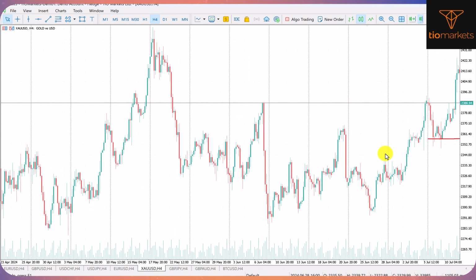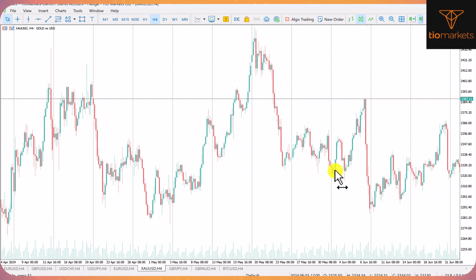So for you to understand, let me just show you where this has happened before. On this particular chart, you see this one, these were equal lows here, and price went and retested the